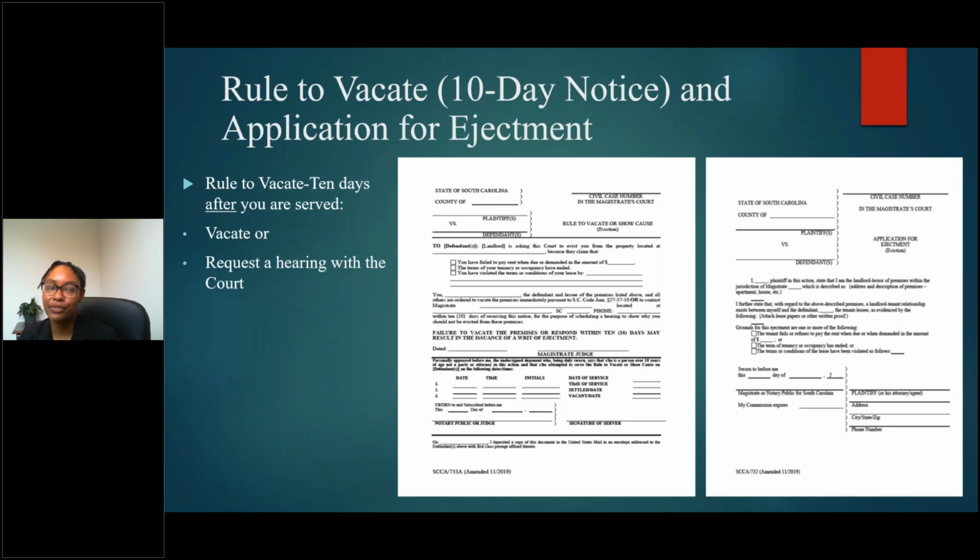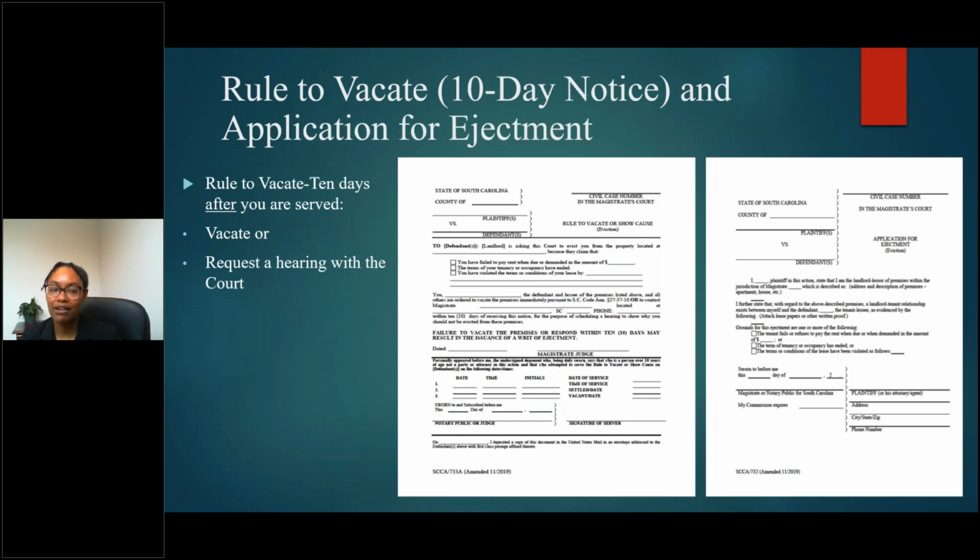And a lot of times, what really throws people off with this notice is that it says failure to vacate the premises or respond within 10 days may result in the issuance of a writ of ejectment. And a lot of people get stuck on the first option, which is to vacate. But that's just one of the options. You can either vacate